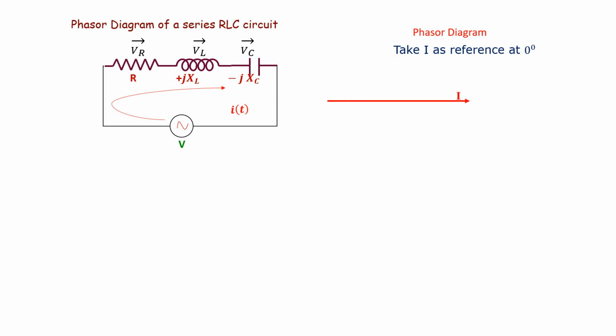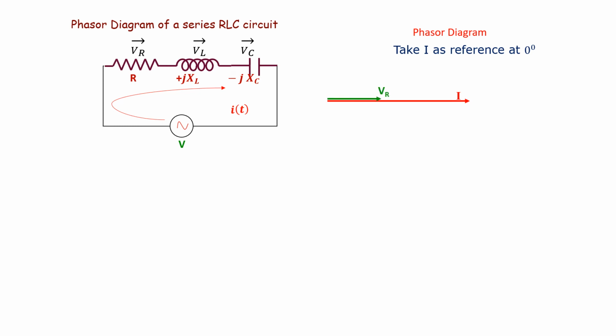We know in the case of RLC elements, in the resistance, voltage and current will be in the same phase. In the case of inductance, the current lags. Otherwise, inductance voltage will lead. Now coming to the capacitance, the current leads. In other words, the capacitor voltage will be lagging behind the current.